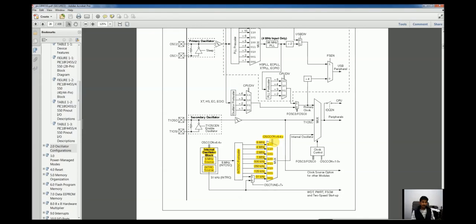In the SFR configuration register that is named OSCCON, oscillator configuration, these bits are bit number 4, 5 and 6. So if we want to use the internal oscillator and switch it to 8 MHz, we have to set the OSCCON bits 4, 5 and 6 all to 1 to get 8 MHz. Otherwise their default value is 110, which points to 4 MHz.